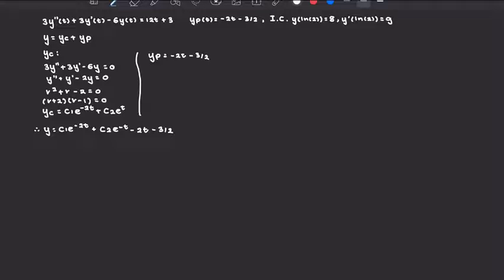And yes, we solved this using the superposition principle and got the general solution, but we're not done yet because we're given two initial value conditions that we need to use in order to solve for our unknowns, which are C1 and C2. So let's solve for our C1 and C2 and change this general solution into a particular solution by applying the initial conditions. So our first initial condition is